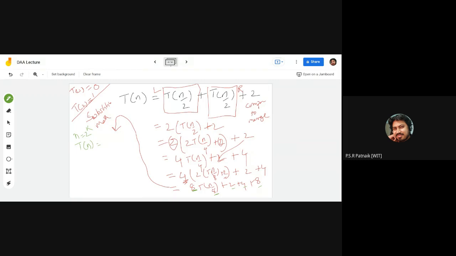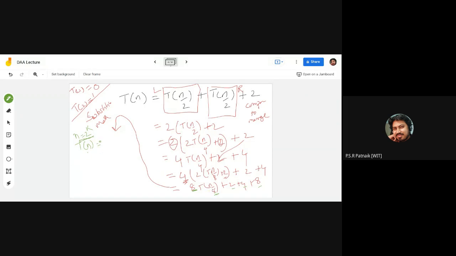So what you can do at the max is, see, as I said, n is equal to 2 to the power of k. I need to substitute n is equal to 2 to the power of k. This is always our assumption whenever you solve a recurrence relation, especially in this binary context, n is always equal to 2 to the power of k. But here we have some issue. So if I substitute n is equal to 2 to the power of k,